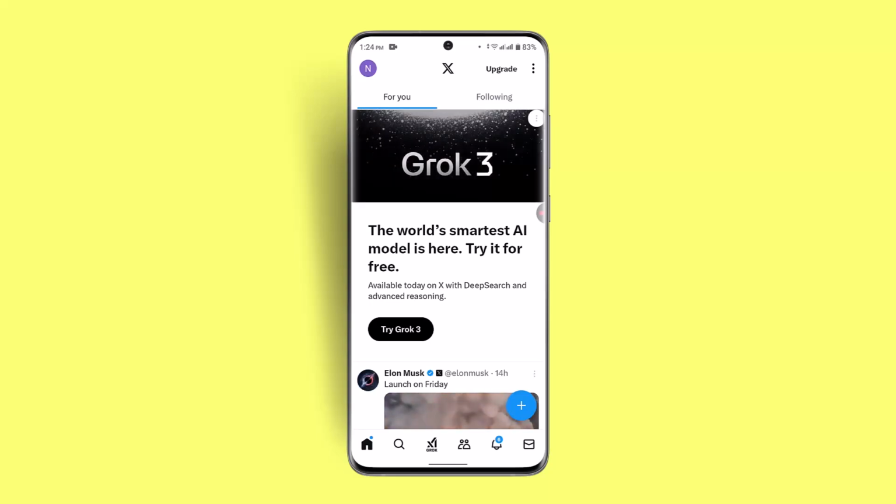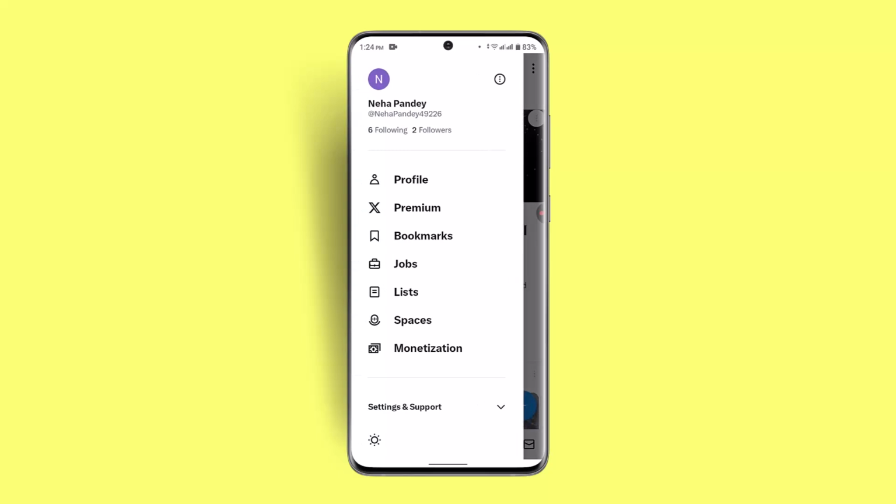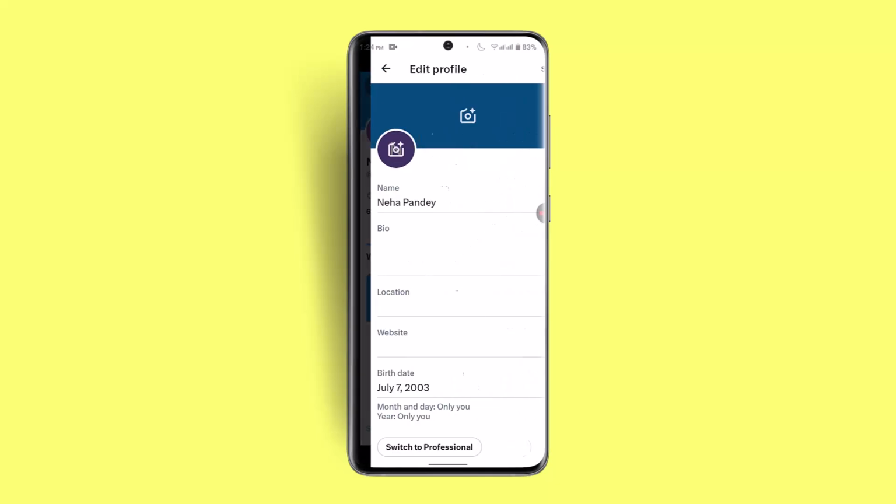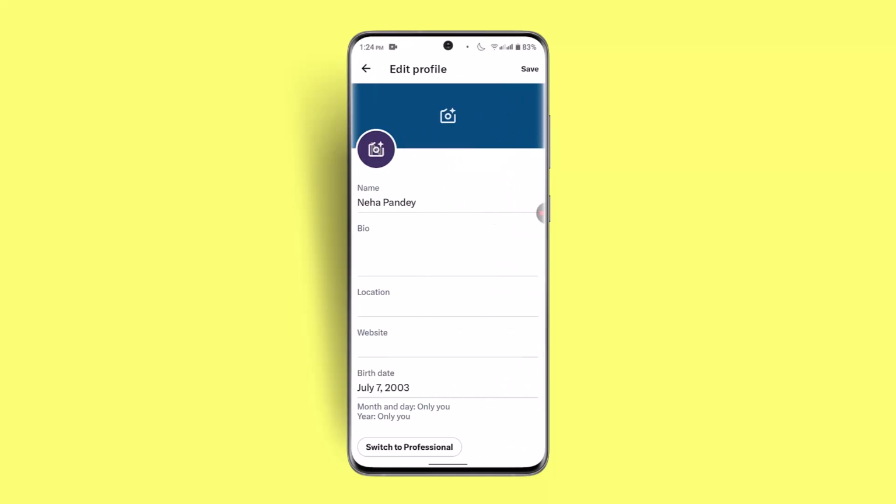While you're on this page, click the profile from the top right, and from the menu bar, go to profile and click on edit profile. When you come to this page, you'll be able to make changes to your profile picture, or you'll be able to update it. In any case, if you're unable to do so, or if you're having issues,